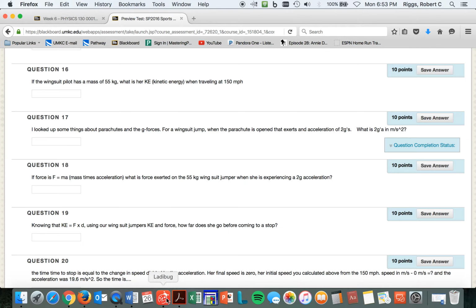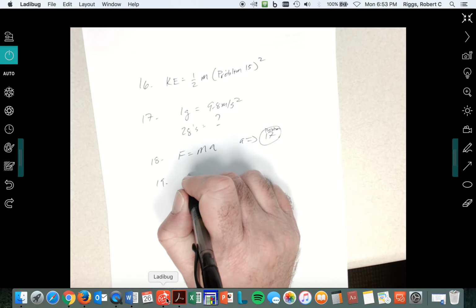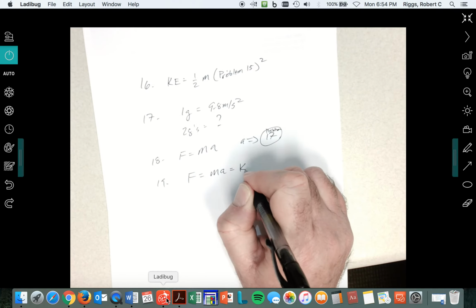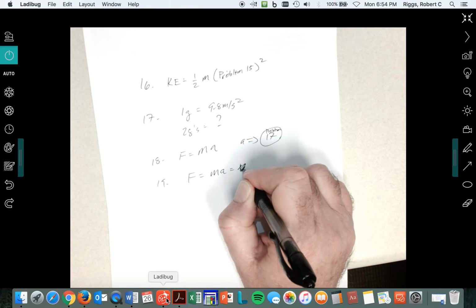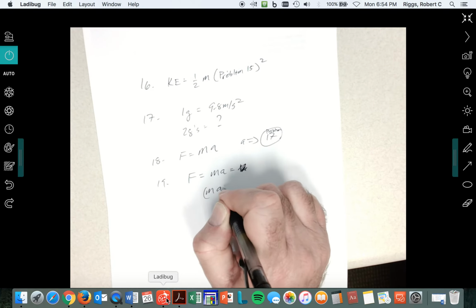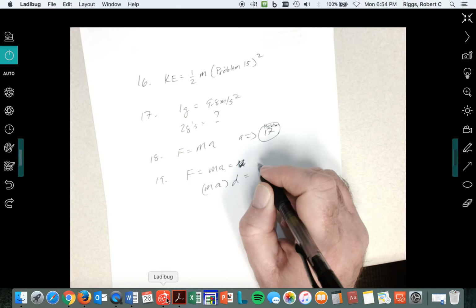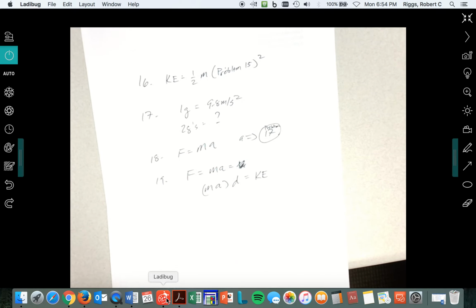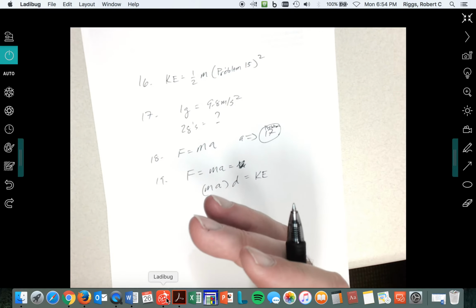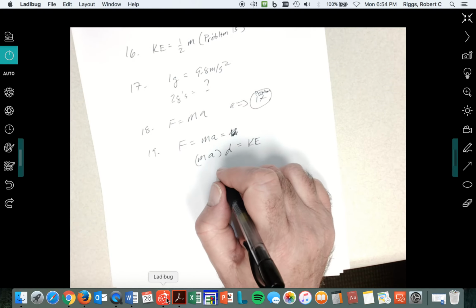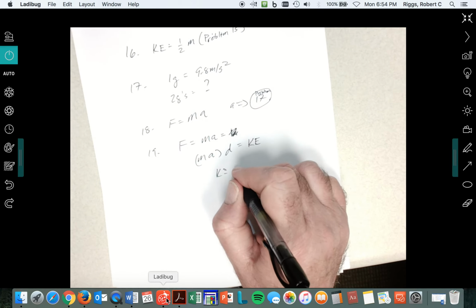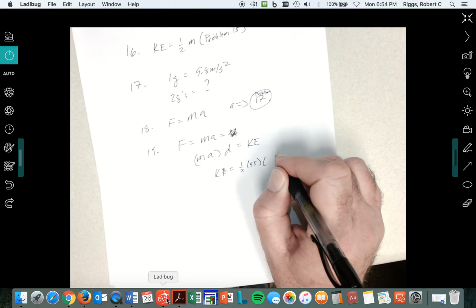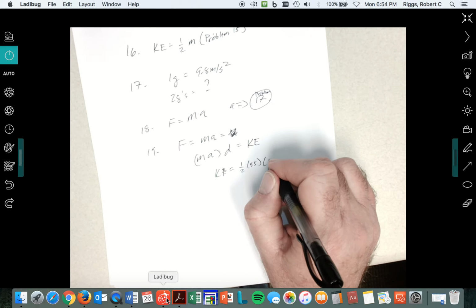All right. So in other words, you built the formula where you know the force, which is her mass times acceleration. Her mass times acceleration, which is her force, times the distance is equal to her kinetic energy. And you found her kinetic energy way back in problem 15. So you got to go back to that answer, or you can just calculate it again and go, okay, so the kinetic energy, once again, is equal to 1/2 of 55 times her speed in meters per second